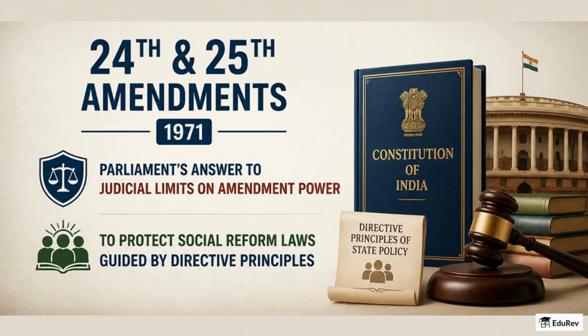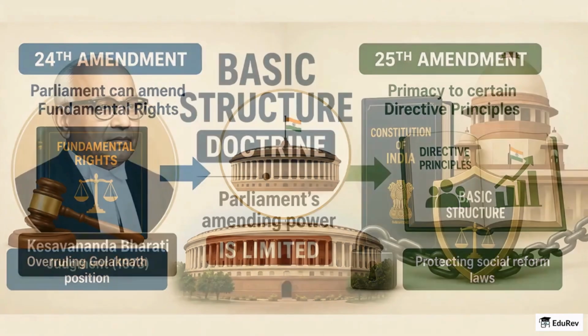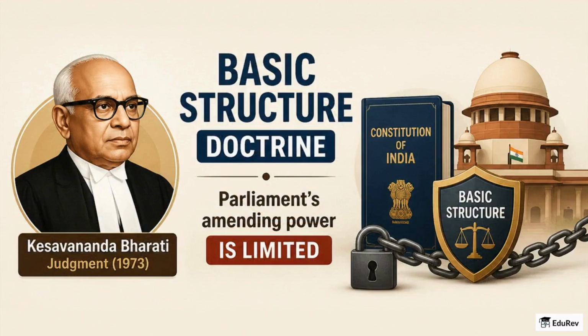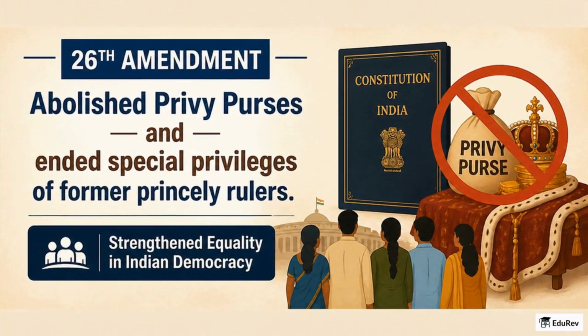protect social reform laws guided by directive principles. The 24th clarified that Parliament could amend fundamental rights, overturning the Golaknath position, while the 25th sought to give primacy to certain directive principles. Remember that Keshavananda Bharati later introduced the basic structure doctrine, limiting Parliament's amending power despite the 24th Amendment. The 26th Amendment abolished privy purses, ending official payments and privileges to former princely rulers and advancing egalitarian